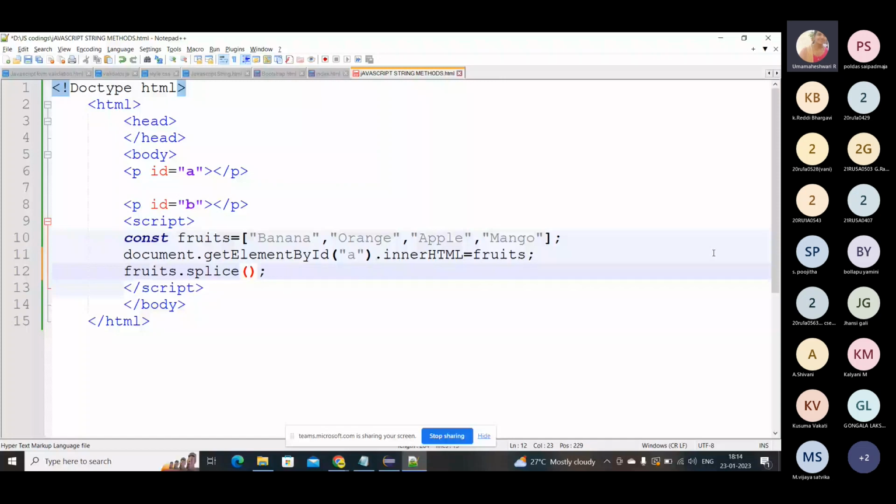So it is an array, right? So what is the second portion? So this is 0 and this is 1 and this is 2. So I'm going to remove this apple and I'm going to add two more texts for that. So you need to mention the position which you're going to remove, how many elements you are going to remove, and what elements you are going to add. Okay. So here I'm going to add